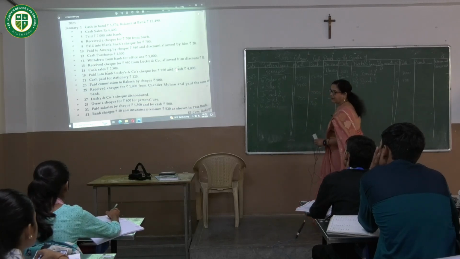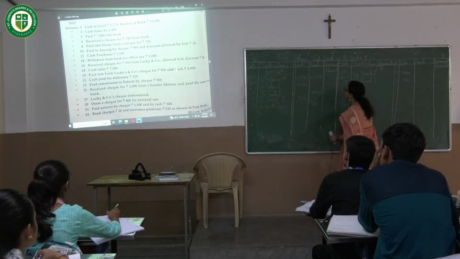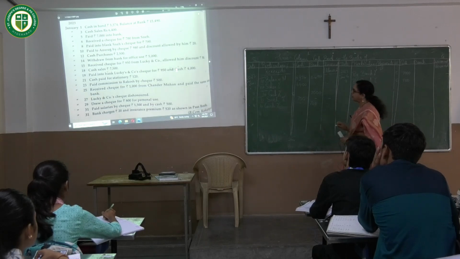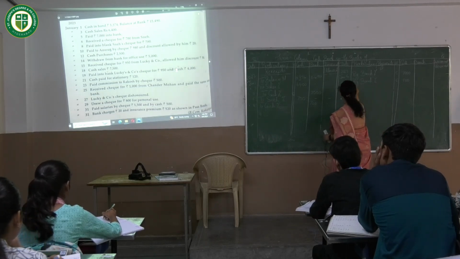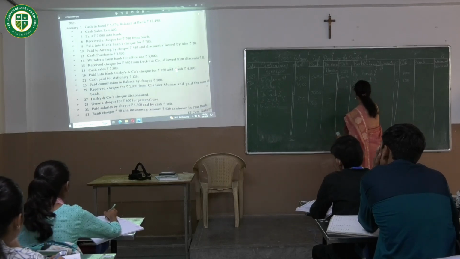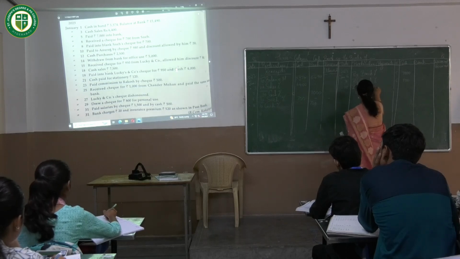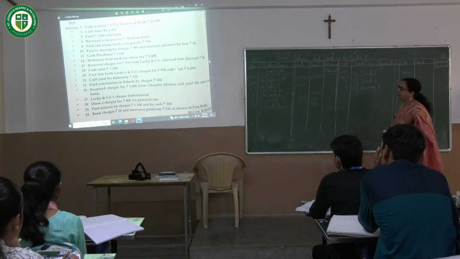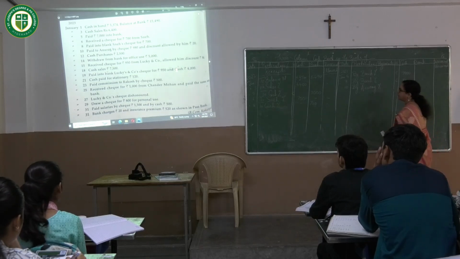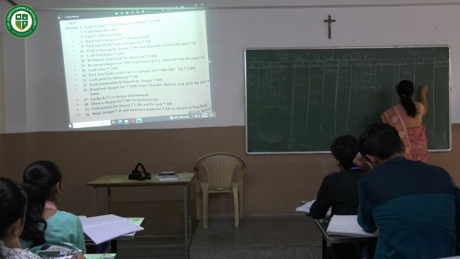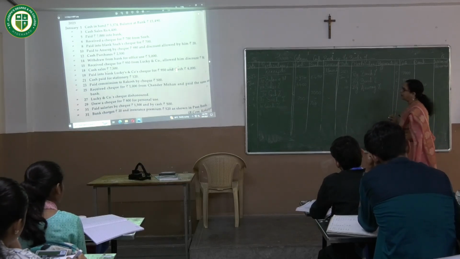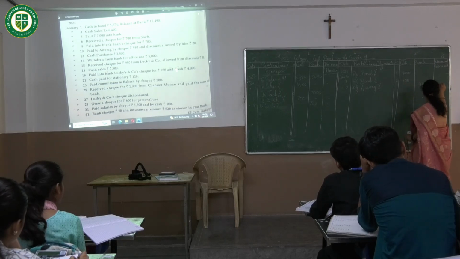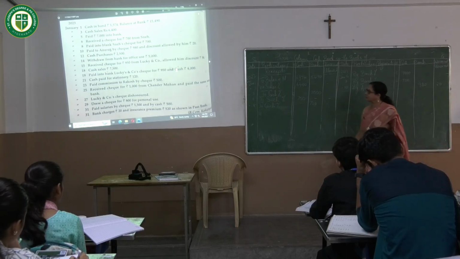Payment, so which is the payment side? Credit side. So come to the credit side, paid to Anurag. So Anurag is the receiver. By Anurag account, what have you paid him? You have paid him a check, and therefore 980 goes into the bank account. Discount received was 20 rupees.